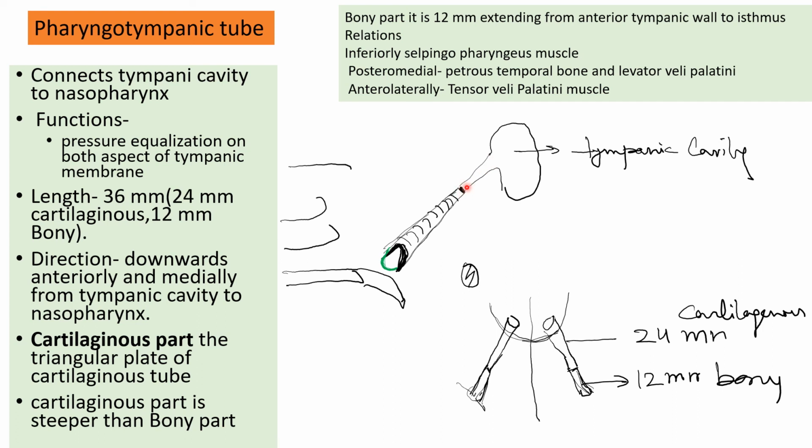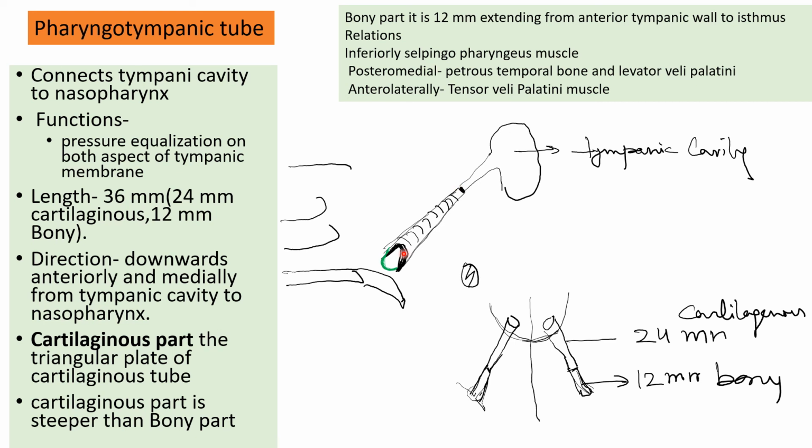The medial end is broad and it is protruding under the mucosa of the lateral nasopharyngeal wall, and it is called torus tubarius. So this protruding cartilaginous end covered with the mucosa is called torus tubarius. Okay, this is the pharyngeal orifice of the tube. So just above that we have the torus tubarius, and this cartilaginous part of the tube is fixed in the petrous part of the temporal bone and the greater wing of the sphenoid.